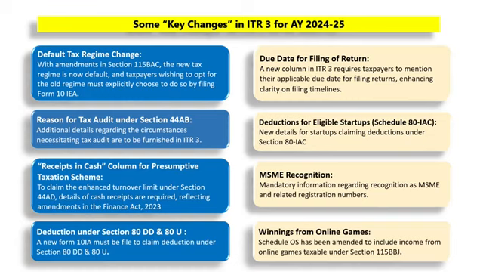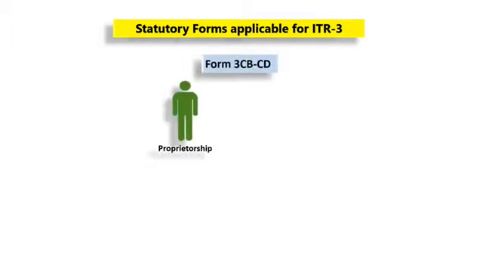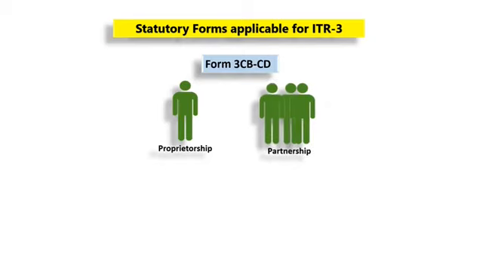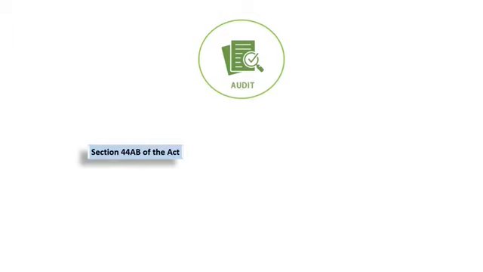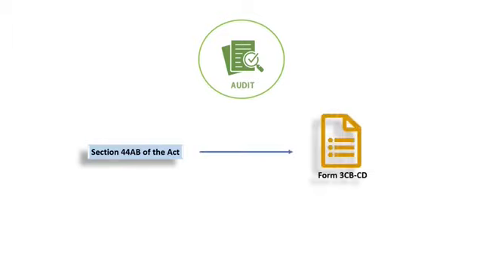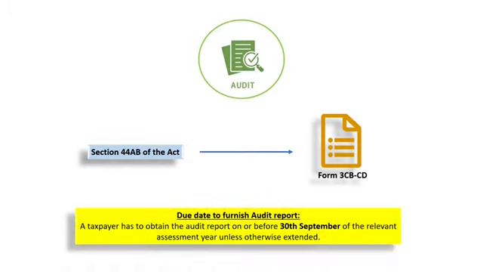Let us now look at the statutory forms applicable for Form ITR 3. Form 3CB, 3CD is applicable on proprietorship and partnership firms filing income under the head profits and gains of business and profession and who are required to get their accounts audited as per Section 44AB of the Act. They are required to file Form 3CB, 3CD if they are not required to get their accounts audited under any other law. The due date to furnish audit report is on or before 30th September of the relevant assessment year